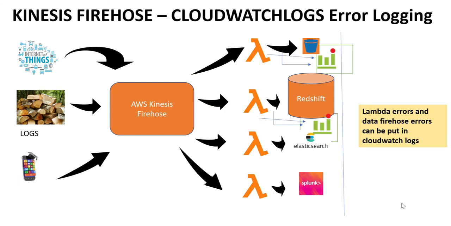Now, if there is an error while processing the data, Lambda can log it in CloudWatch errors. Similarly, if there is an error in Kinesis, like Kinesis was trying to invoke Lambda and the invocation failed for some reason like network timeout, etc., then the Firehose will send that error to CloudWatch. So what is CloudWatch? It is another AWS service. It is used to monitor errors, etc. It stores logs if you want to do that. It is very useful from a monitoring standpoint.